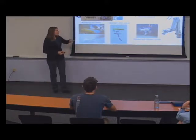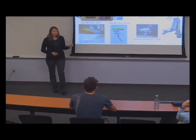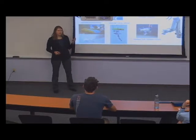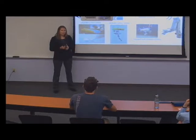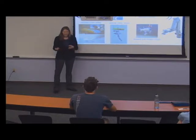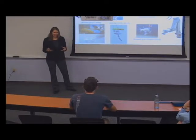And so while some groups have thought about specific hand designs, it's not quite as many. And this is a growing field, and so I expect to see more hands coming out soon. But they tend to be somewhat specialized to very particular tasks. So this is one of my favorite examples. It's the Harvard Soft Gripper, and they're showing it actually manipulating a really squishy organic creature in the ocean, and